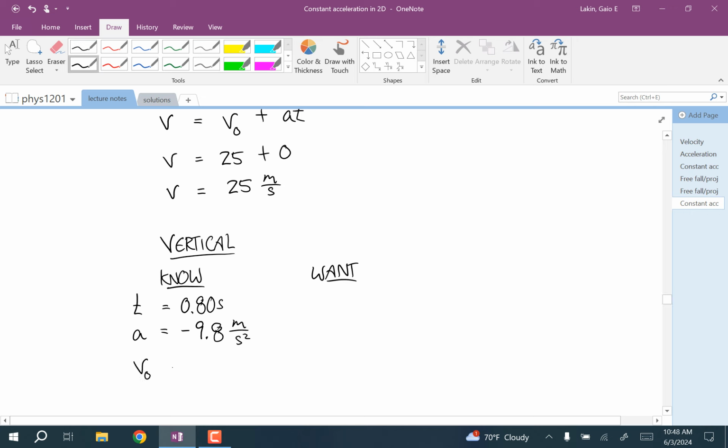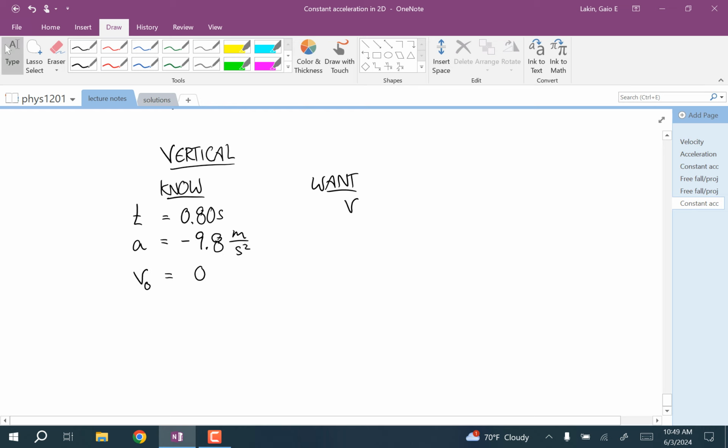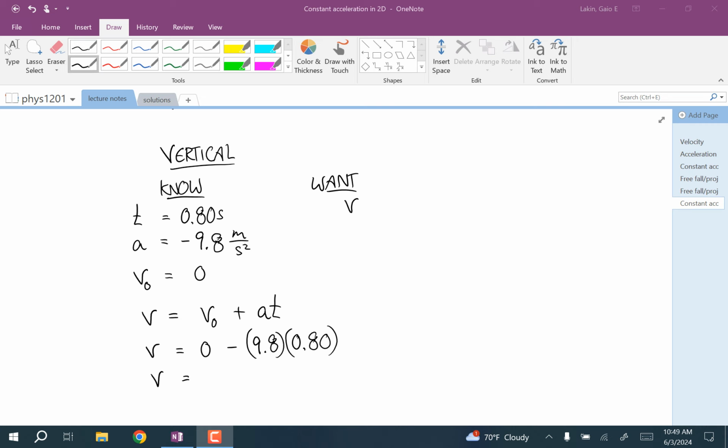Our V sub 0 is 0, and we're trying to find V. We'll use the same equation again. V is equal to V0 plus A t. And so V is equal to 0 minus 9.8 times 0.8, and so V is equal to negative 7.84